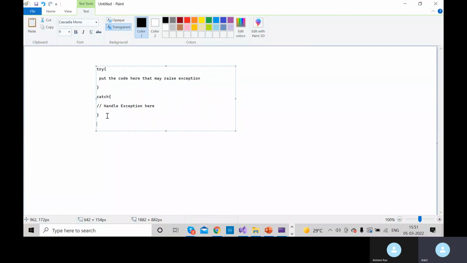And the keyword is finally, then there would be, I can say, final cleanup code. Okay, so just keep this in mind. These are the three tools that we have to use in real time as well. Okay,